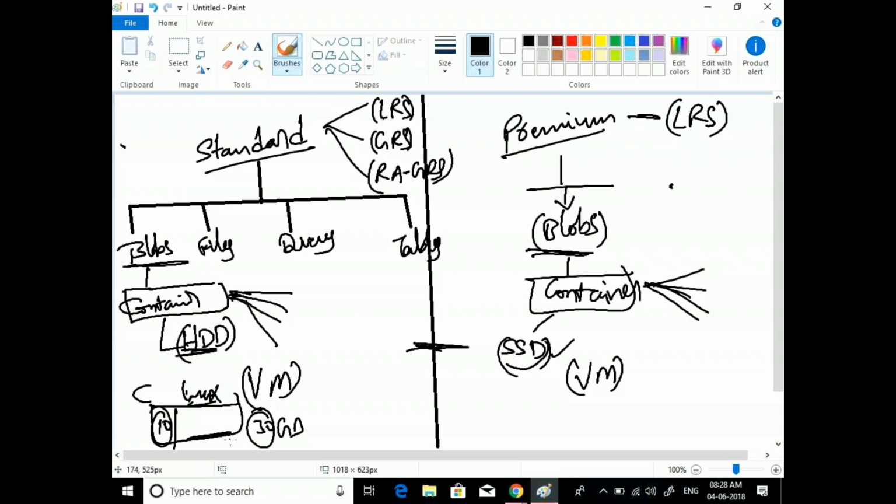But in SSD, let's say you are only using 10 GB in Linux, for the entire 30 GB you will be charged, because that is a solid state drive, and Microsoft will charge you for the entire disk. That's the reason companies who are using these SSDs will only use up to the mark. Let's say if they want only 10 GB, they will create a disk with only 10 GB. It's an optional thing. When you are creating a virtual machine, you do have an option for how much size you want to go with, so you can select that option.